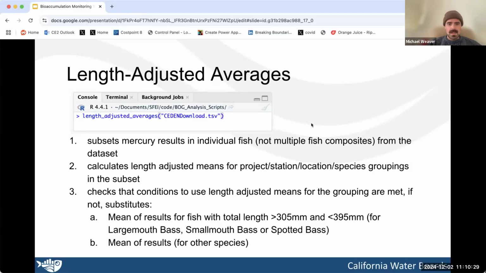mercury results in your data set for individual fish, meaning fish that aren't composites of multiple fish, and it calculates the length adjusted means on a grouping of project station, location, and species. And then it checks that the length adjusted mean is good to use. Basically, as I think Jay was talking earlier, the regression has to be significant, and it has to have a certain number of fish included as well